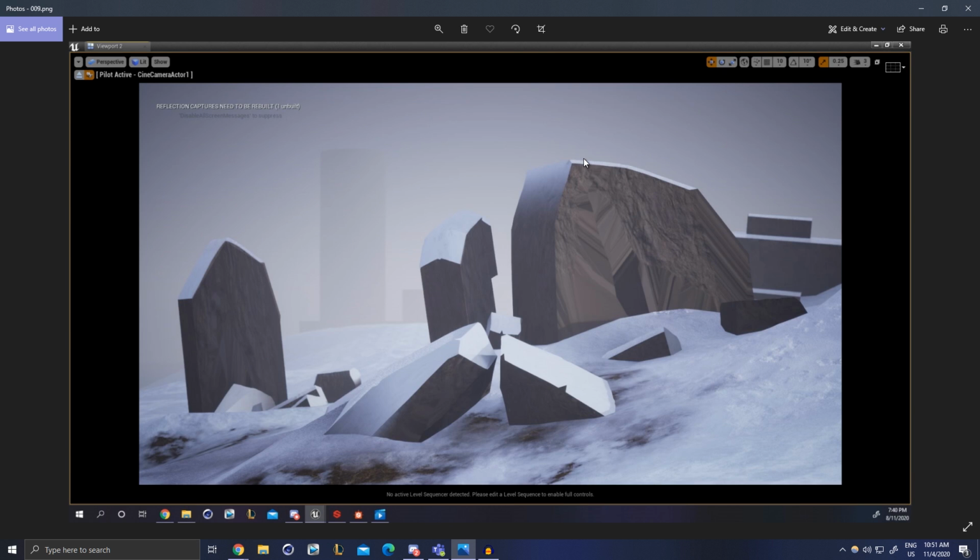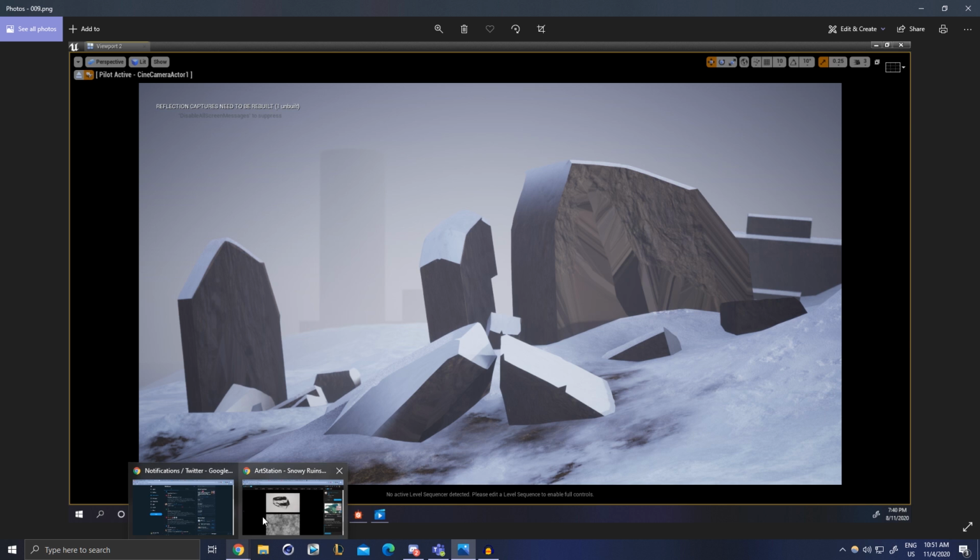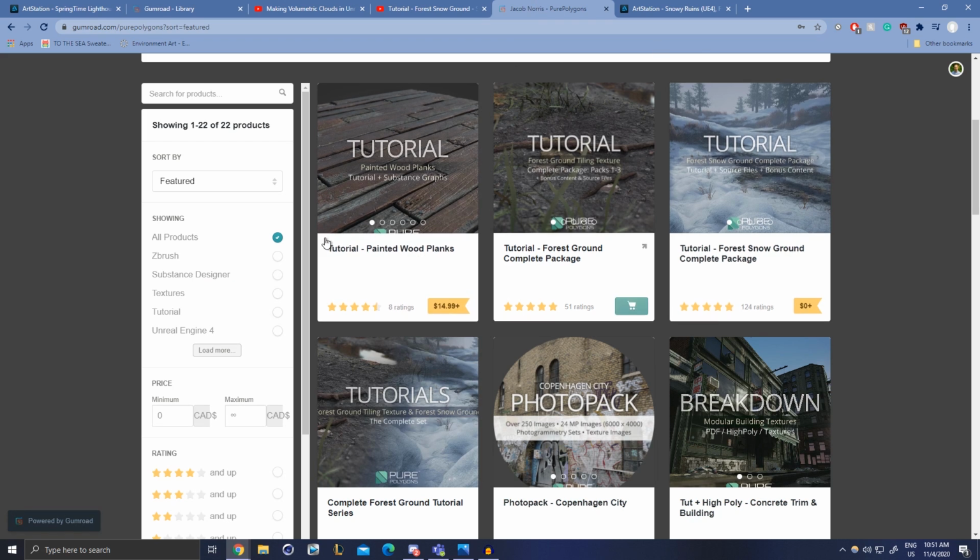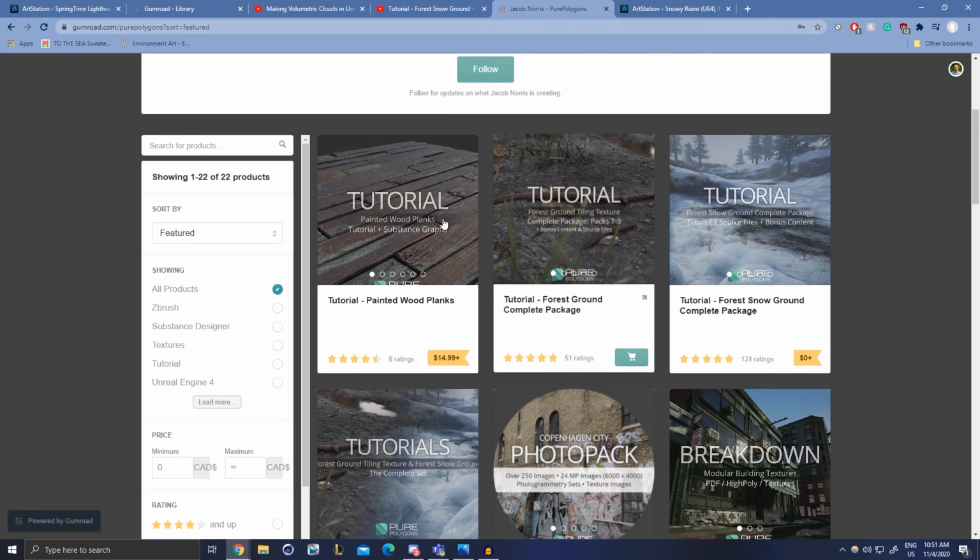So moving forward, we've finally gotten into adding this blending of the landscape material. Once again, there's a bunch of tutorials for this on YouTube, but I would really recommend checking out Jacob Norris or Pure Polygon. This guy has some incredible tutorials. So I learned the grass, quickly making some snow clumps, and the landscape material where we're blending multiple different snows into grass based on height, and including things like subsurface scattering and all of that. I learned that from his tutorials here.